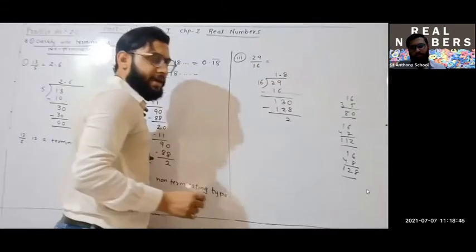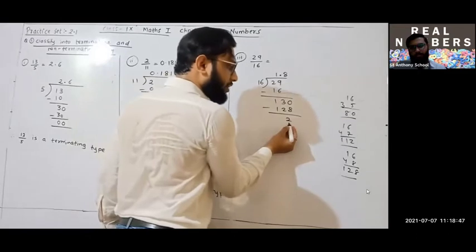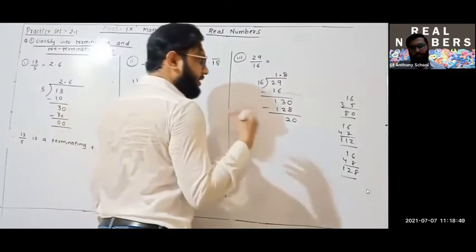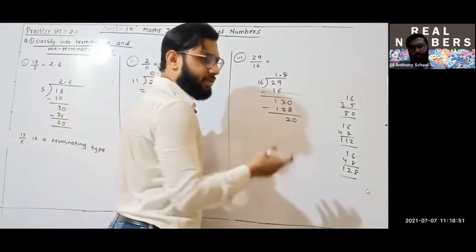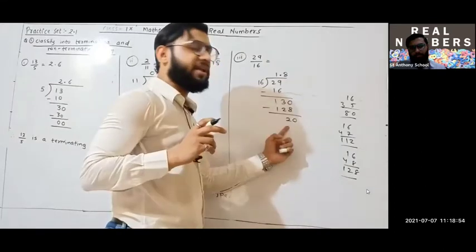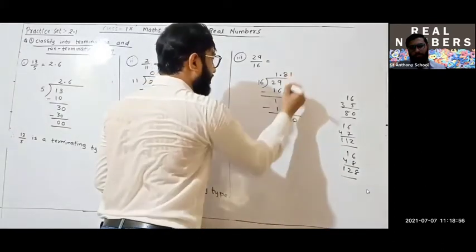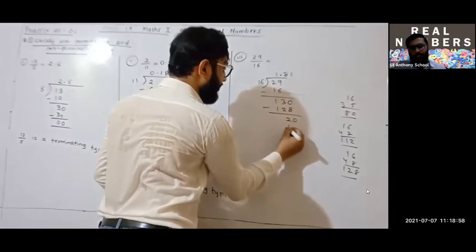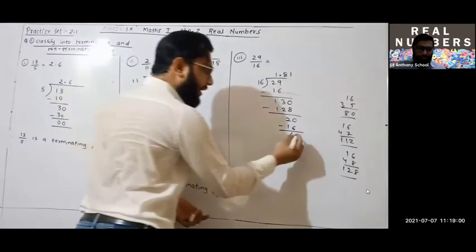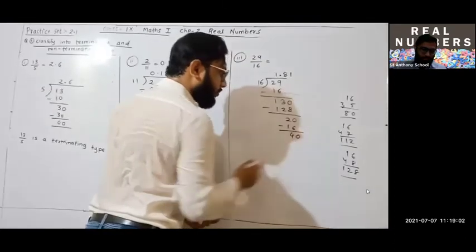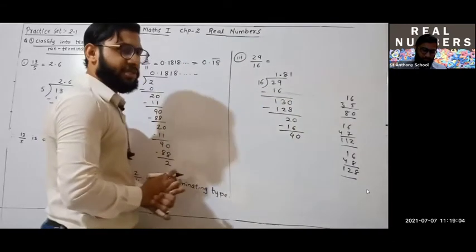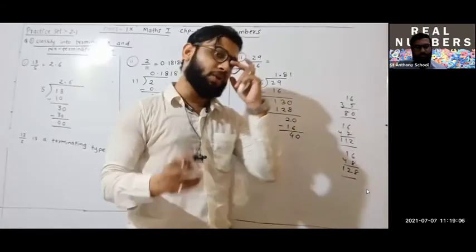Okay? Then 2 is the smaller number, so we will take 0 here. Okay? 16 ones are 16. 16 times 2 is 32. We can't take 32. So we have to take 16 ones are 16. Minus, 20 minus 16 is 4. 4 and 30 plus, smaller number, again take 0. Okay? 16 1 is 16, 16 2 is 32. So that is the nearby number for us, right? 16 2 is about 32.